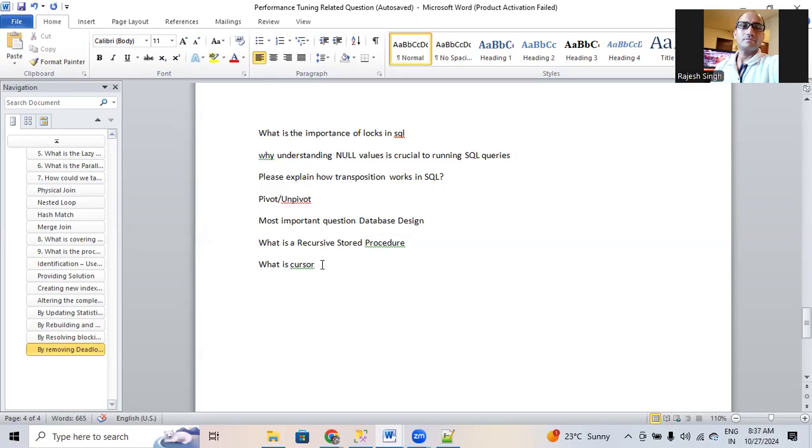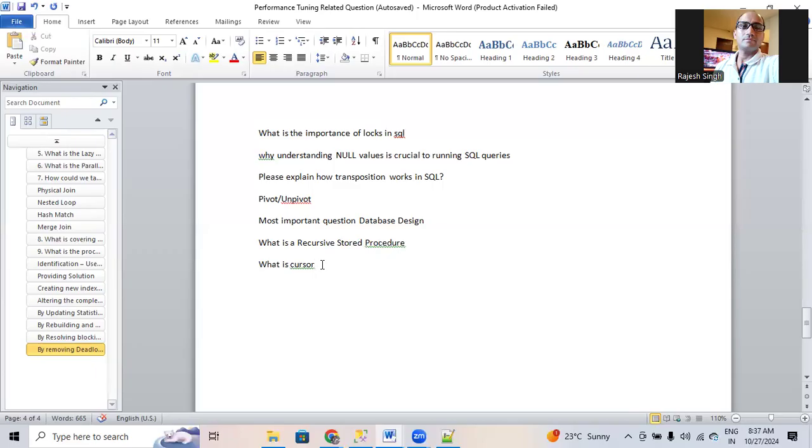If we are using a cursor in SQL Server, it degrades performance because it is closely connected with the table. There are fast forward and dynamic cursors. If you want to improve cursor performance, you go with fast forward. But a dynamic cursor, with a normal declaration, declare cursor name, select this,